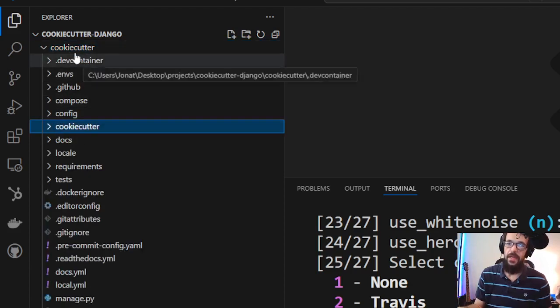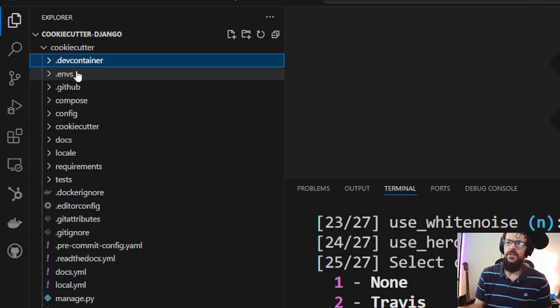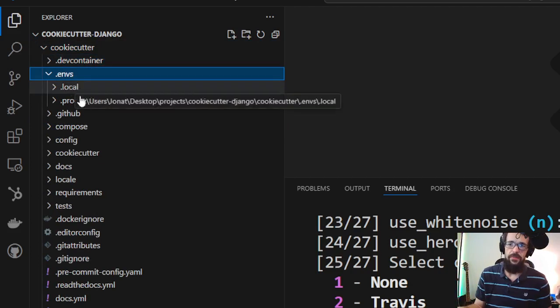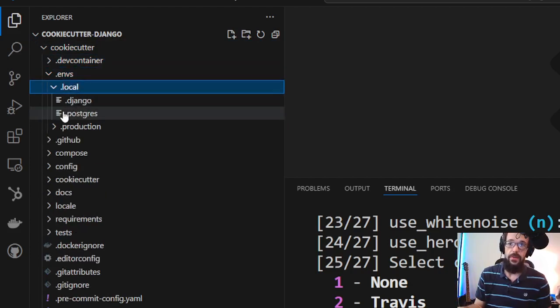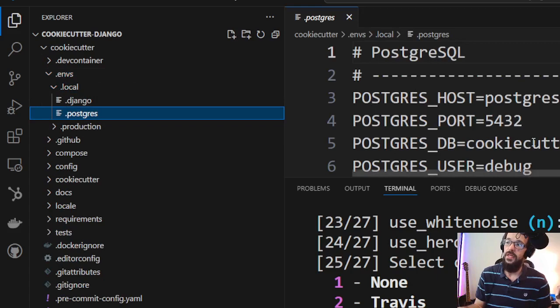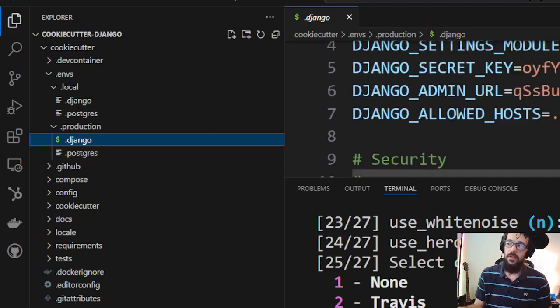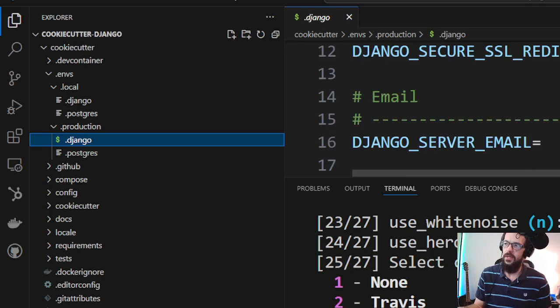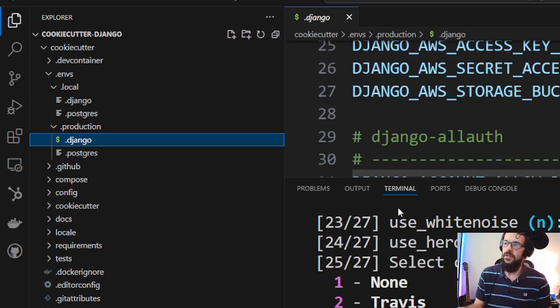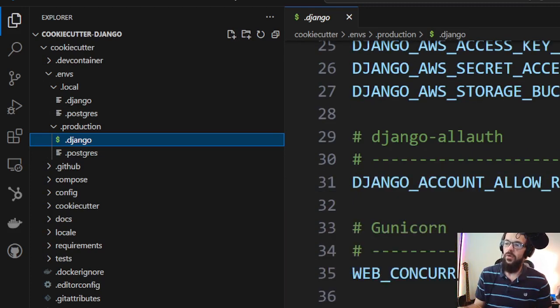Inside of it, we have a dev container. We have our .envs, our environment variables for local and production. Inside of there, we have Django and Postgres. You can see that Postgres has our Postgres information for our Postgres container, which we'll look at in just a second. And inside of production, same thing. And I'm never going to launch this, so feel free to look at my secret keys and whatnot. But you can see here that this is where everything related to what we just set up